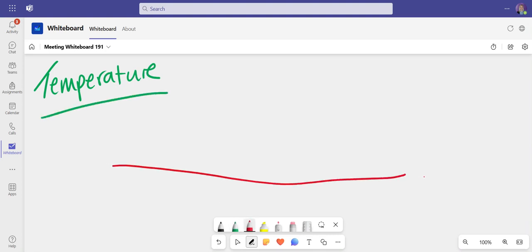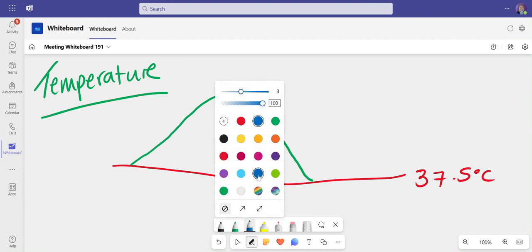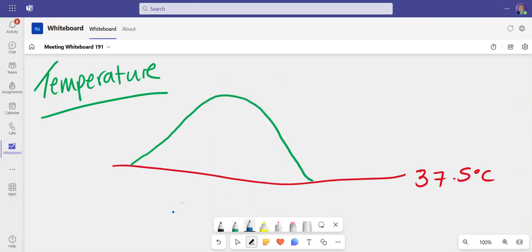So if this line here is our set point at 37.5 degrees, let's have a look at what happens when our temperature goes too high and what happens to bring it back down. So we look at this top end of the graph. First of all, what are the receptors called? It's going to be the same as what we did on the other slide, but with more detail. Okay, so if your temperature starts to go too high, the receptors that detect temperature are called